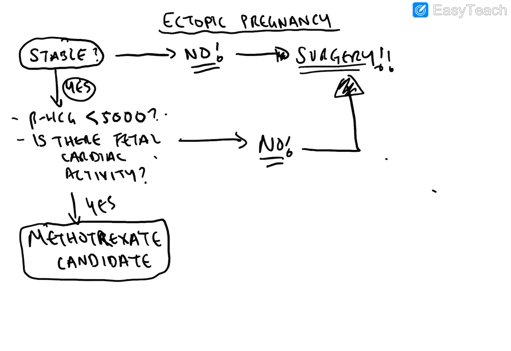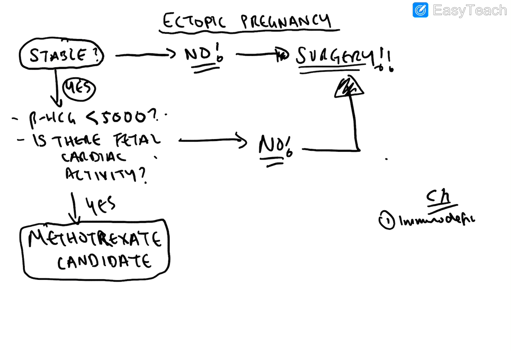Now, methotrexate is an antifolate medication that can inhibit cell DNA synthesis, and it can be used in conditions such as rheumatoid arthritis and ectopic pregnancy. With methotrexate, the assessment for whether a patient is fit for methotrexate is the following: does the patient have any contraindications to methotrexate? Contraindications include